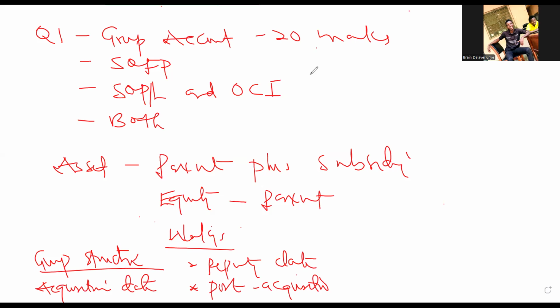Okay. Then from this, you have to know the assets at the date of acquisition. How much was the value of the subsidiary before the parent paid for it? Is the parent paying more or is the parent paying less? If the parent is paying more, that would be goodwill. If the parent is paying less, that would be a gain on bargain purchase, which will be taken to retained earnings. Let's say the parent acquired the subsidiary from January to December.